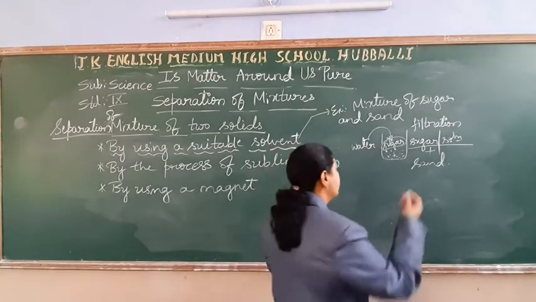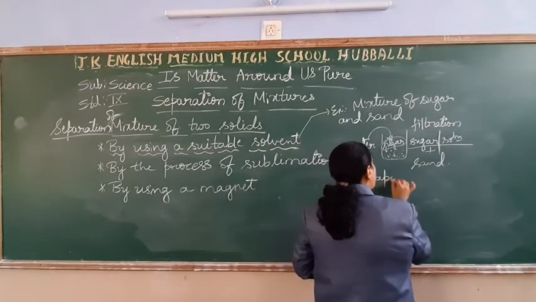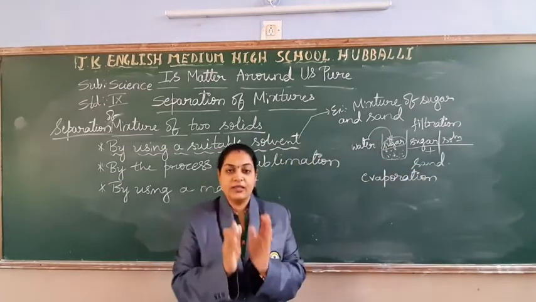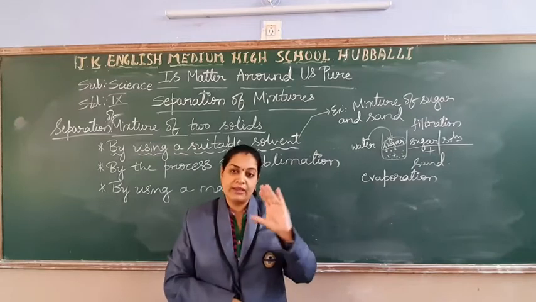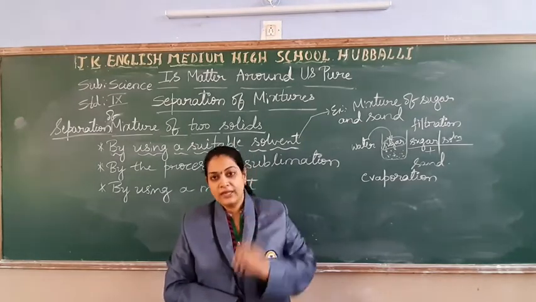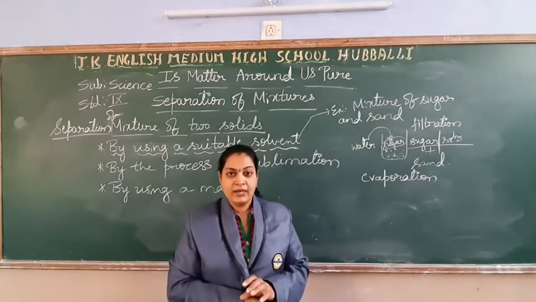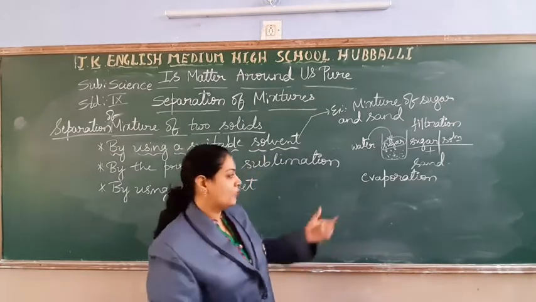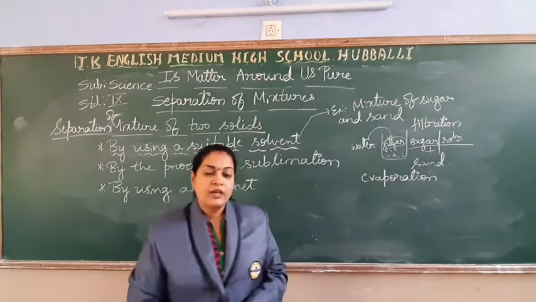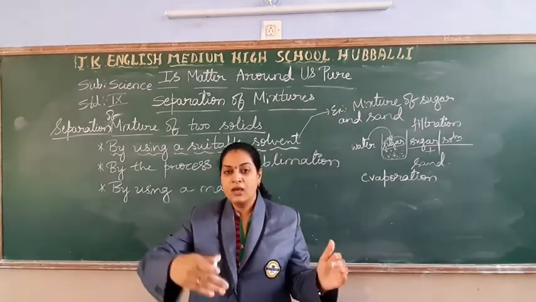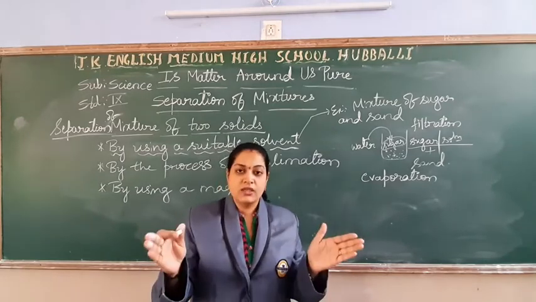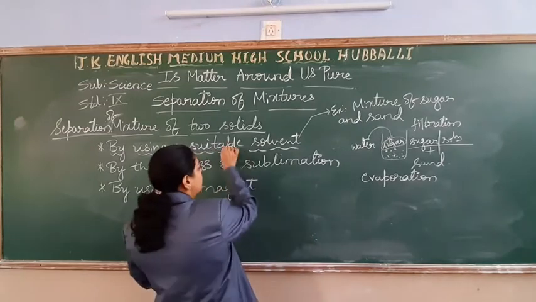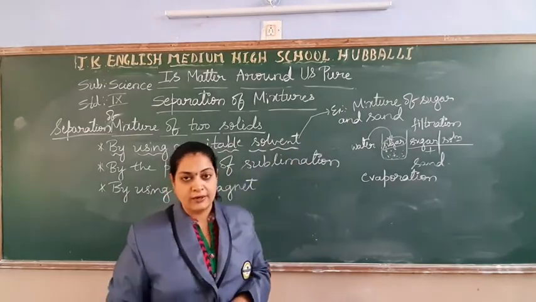What you can do? There is a method called evaporation. What is evaporation? You are going to take the sugar solution, you are going to provide the heat. As you provide the heat continuously, water will get evaporated and you will get the crystals of sugar in that container. Right? So this is called the evaporation method. By this method, you have separated sugar, water as well as sand. Your mixture is with the sugar and sand. To separate these two, you have used one suitable solvent, that is water.